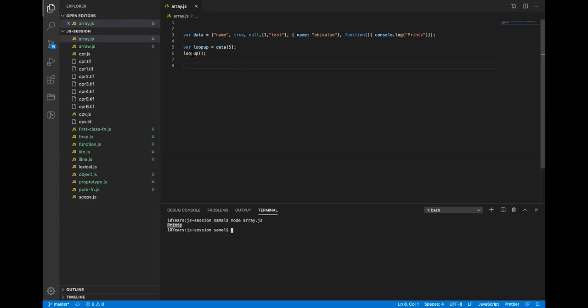So this way I'm able to call it. In JavaScript, we don't have to assign this to a variable. I can directly do this. What is really happening is the data variable is referencing the fifth index, and because it is a function, it is calling it.